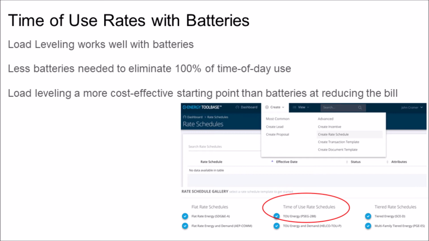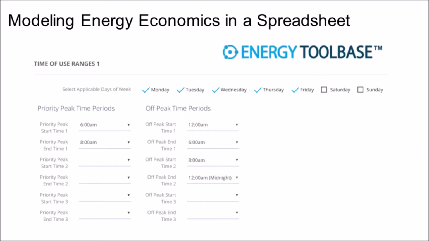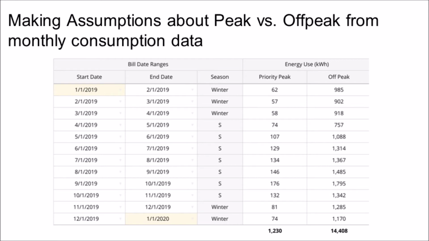They're the market leader in electric rate modeling and structuring. A similar spreadsheet could be programmed in Excel or Google Sheets, but here the interface to get the spreadsheet set up is nice and easy. Now, I have interval data stored in my automation logger. So if I go a year, I can take that data out of my data logger, throw it into Energy Toolbase, and do even more exact bill analysis for even greater insight into time of use savings or battery sizing